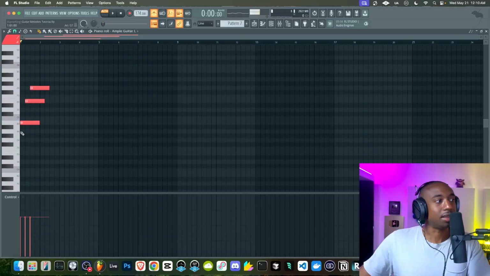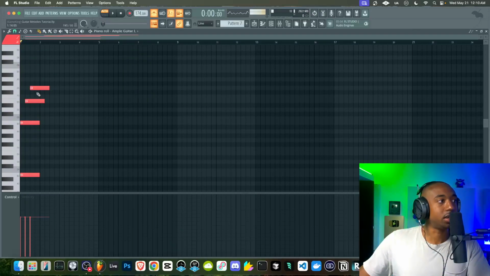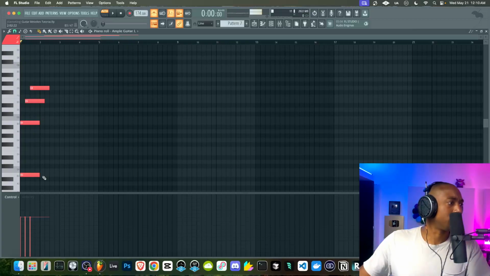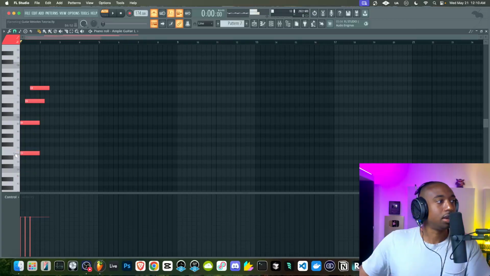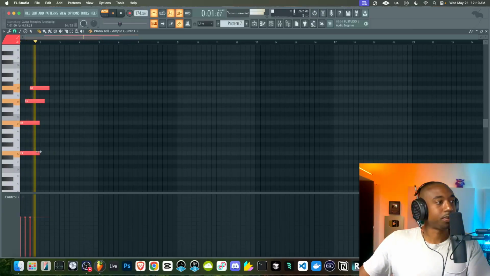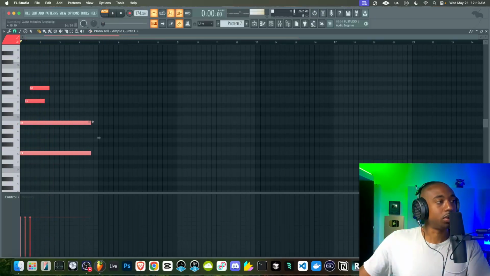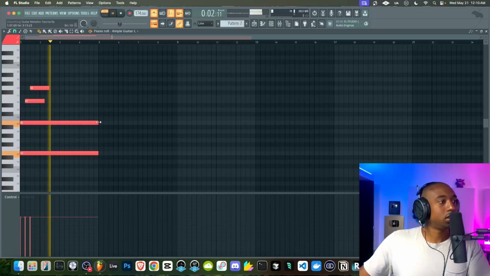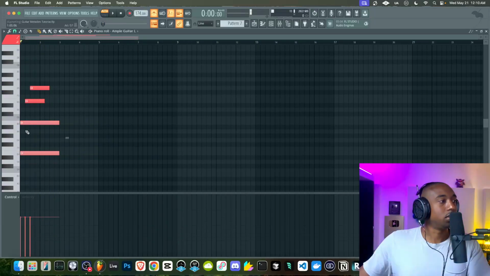Now, because this is kind of thin, let's duplicate the root note down an octave and also take the fifth, which is, man, this chord is all jangled up. So the root note is technically E and the fifth is B. So we're just going to reinforce this chord with the root note.